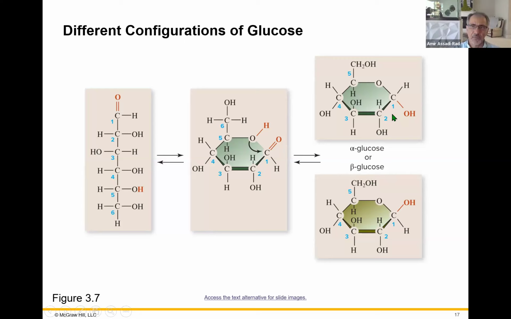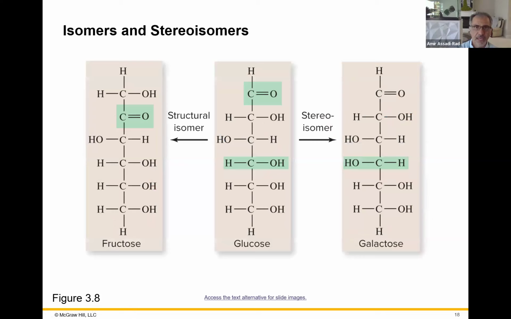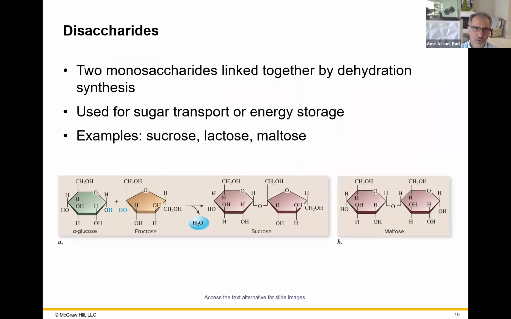Okay, everybody, I hope I'm making some sense. So I am giving you the answer to the quiz question, to the essay question. Here they are, structural isomers, what happens between glucose, fructose, galactose. I'm not too crazy about this, but please make sure you know it. And then the disaccharides, it means two sugar molecules combined together. They went through the process of dehydration. One sugar molecule and another are combined together through dehydration. They became two sugar molecules combined together. So right here, the alpha glucose with fructose, which is sucrose,